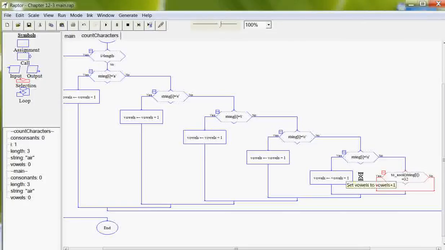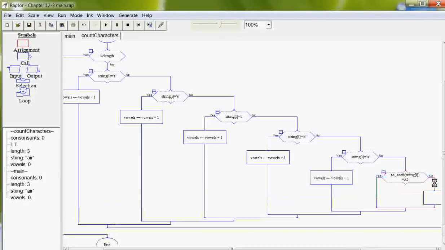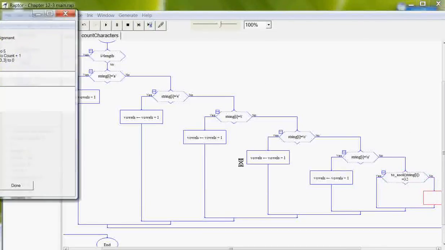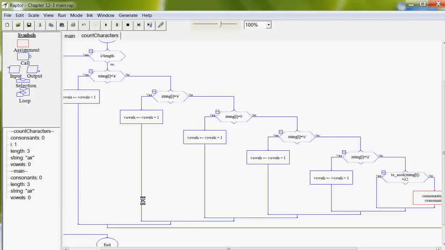So I'm checking to see if it's a blank space. If it is, I'm not going to do anything. But if it's not, then it has to be a consonant. So I'm going to add 1 to my consonants counter. I think I spelled it right. And then the only thing I need to do in the loop is to increment I for the next character